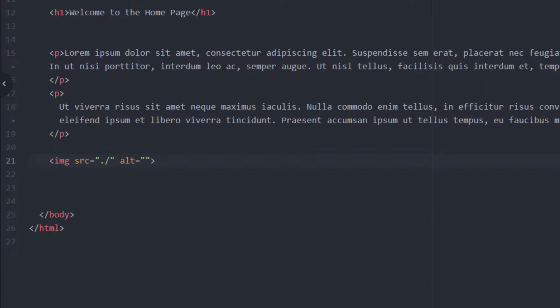1 period and a backslash would take it out of the file, but still have it in the HTML folder directory. 2 periods and a backslash takes it out of the file as well as the HTML folder directory and puts it in the web page folder directory. Since the images folder is inside of the web pages directory, I'm going to type in images backslash and then turtle.jpg, and make sure you put in the proper extension or the image itself is